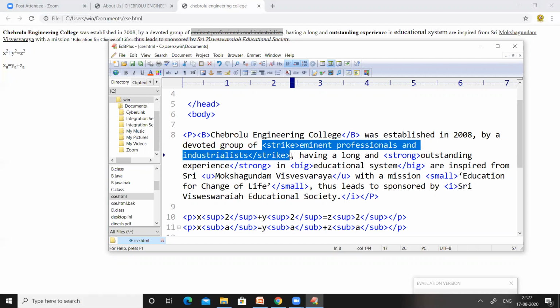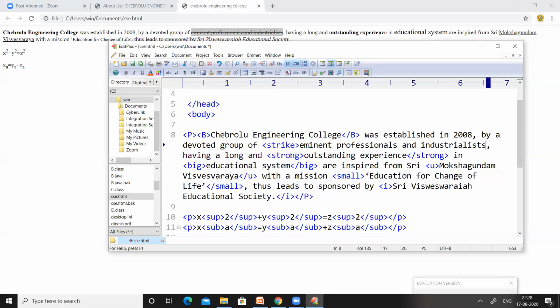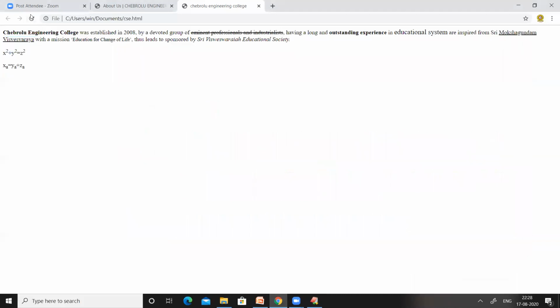So that was strike. If we use the same strike tag for all the text in the paragraph, you can see that the entire paragraph will get a strike. We have started before the eminent and we have ended after the Visvesvaraya Educational Society.